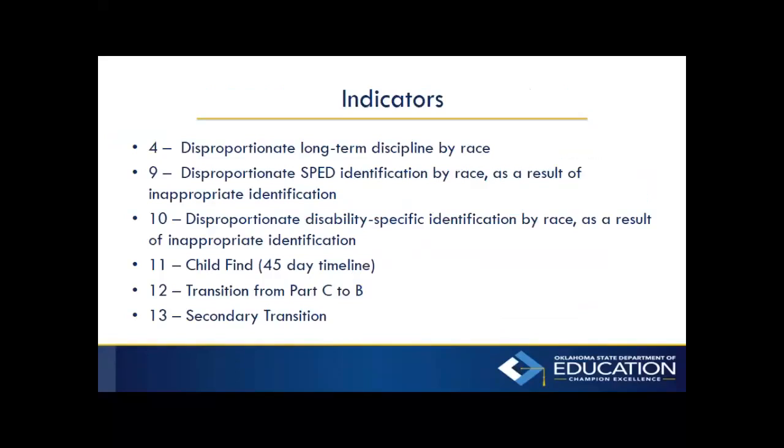Any finding of noncompliance at the student level, we have to report federally, and that's why we require you to resolve those issues. We do not have a choice about that, and thus we must work with districts to resolve those. For 4, 9, and 10, it's a little bit different. We identify districts based on risk, and we'll talk through that in a moment. It's a comparison of group risks, essentially, and districts that have high risk ratios are checked for whether those are the result of policies, practices, and procedures that are not appropriate.